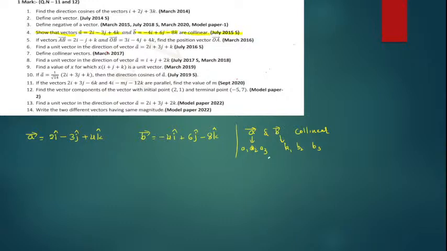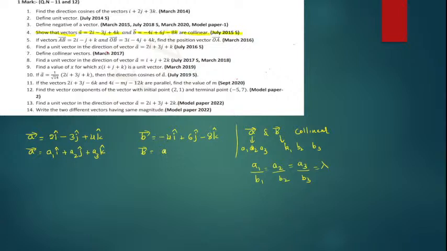Then these two vectors are said to be collinear. There is a condition: A1 by B1, A2 by B2 and A3 by B3 must all be in equal proportion. See here, they have already given vector A. Let us consider this vector A in the form A1 i cap plus A2 j cap plus A3 k cap, and consider this vector B